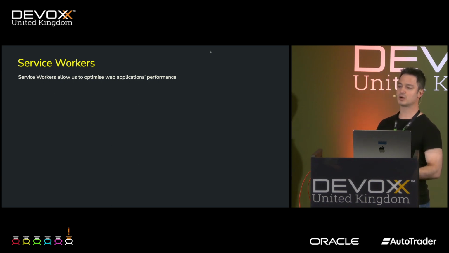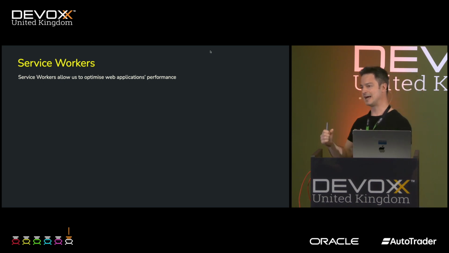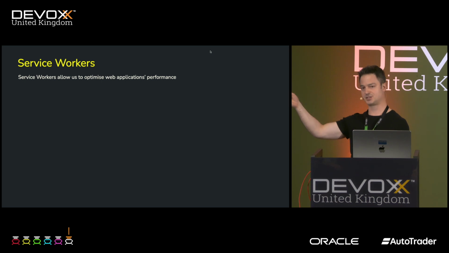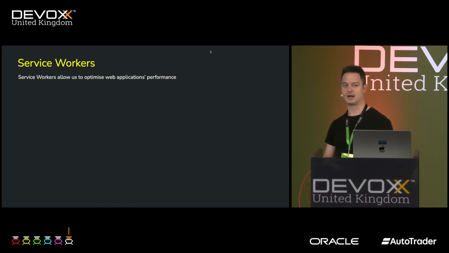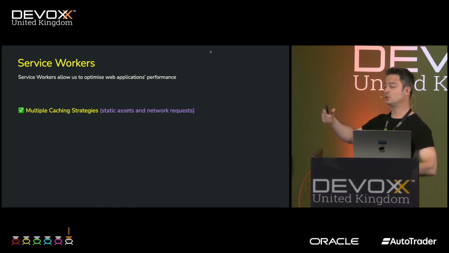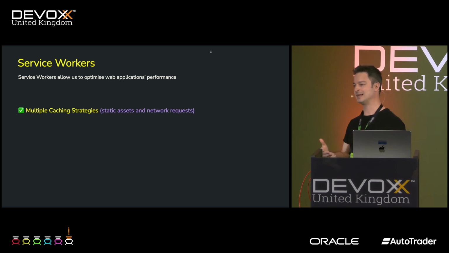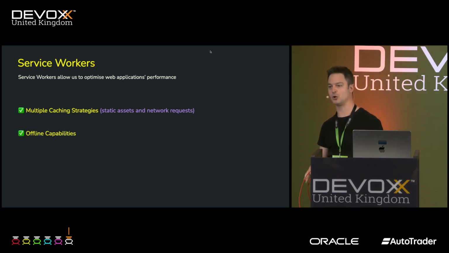Differently from web workers, though, service workers have the specific task of being a proxy between our application and the server. They are capable of intercepting all the requests that are coming out from our application. And according to how we implement caching strategies, we can eventually provide responses straight from the local cache.